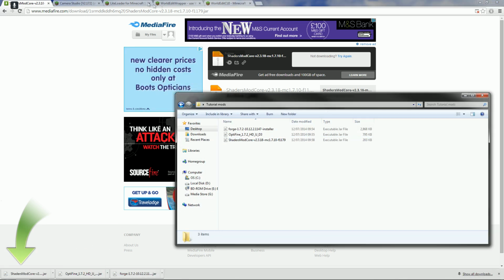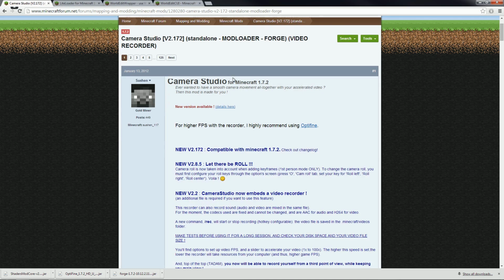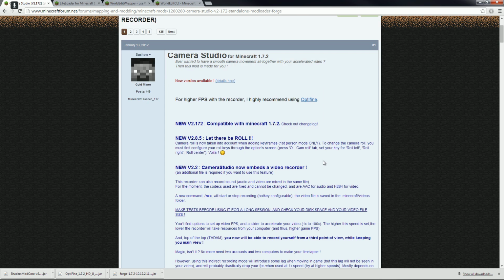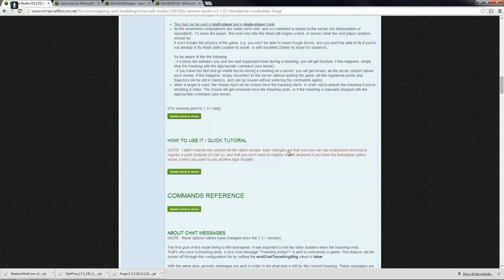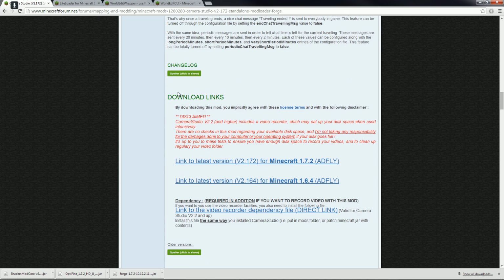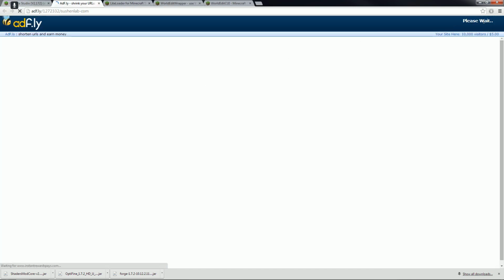So now we've got almost all of them. I almost forgot about the next one, so we'll go on to Camera Studio. This again is for time lapses, for nice fly-throughs, smooth things like that, and it is compatible with 1.7.2. So we need to find, there's 2 files for this. There we go, onto download links. So I'm actually going to right click here and open a new tab, and obviously you want the 1.7.2 version. So if you grab this,